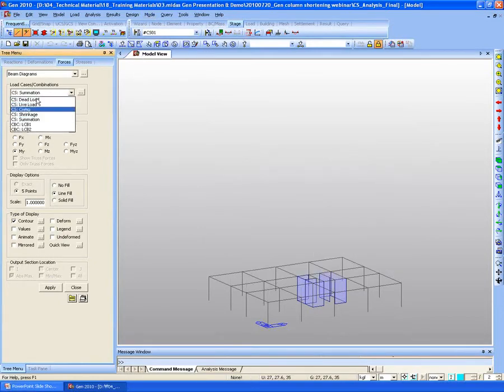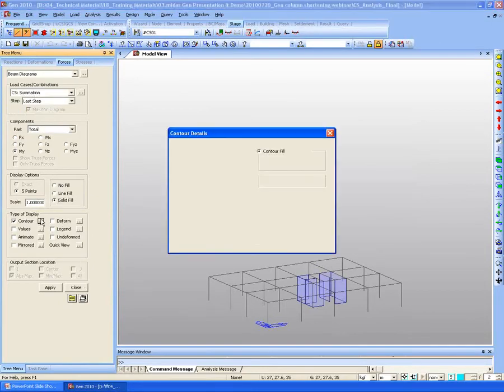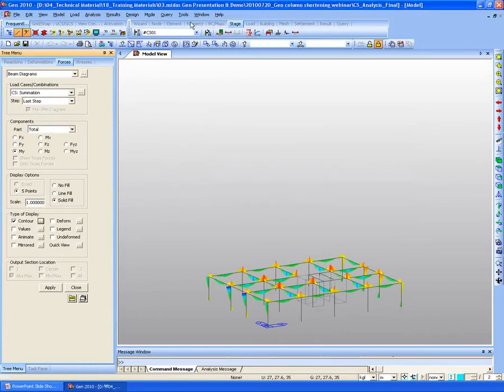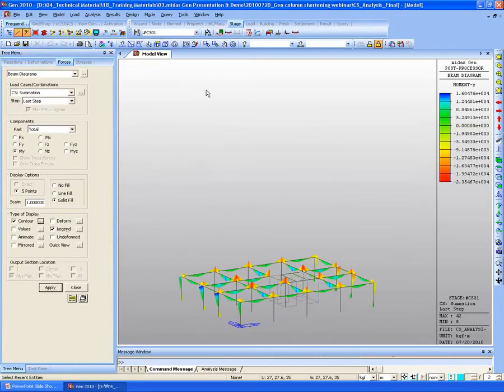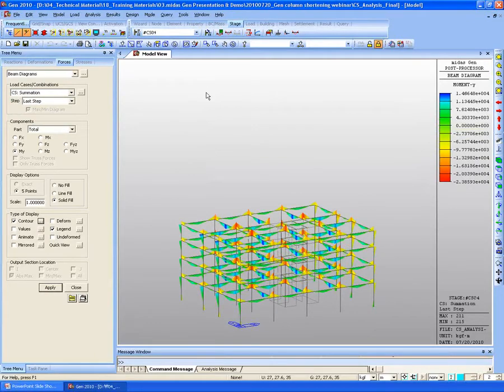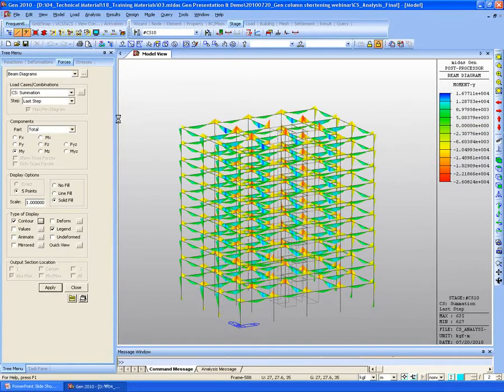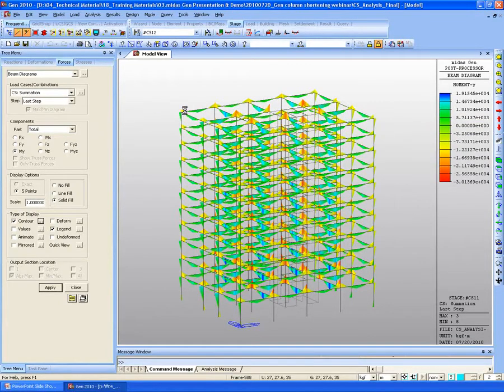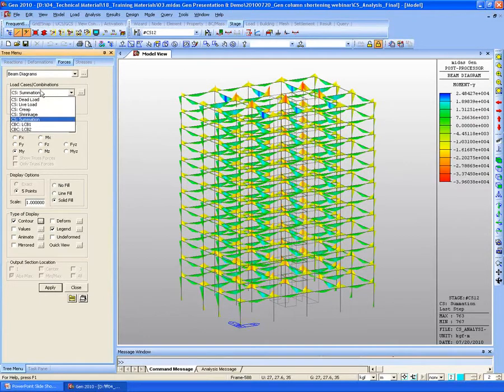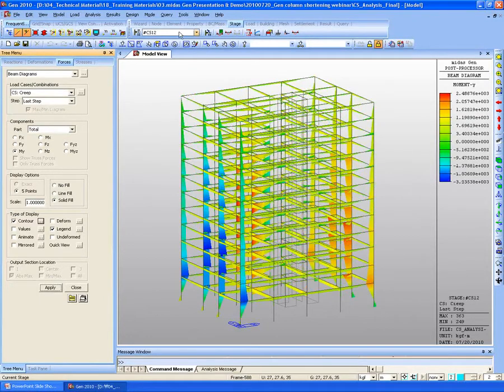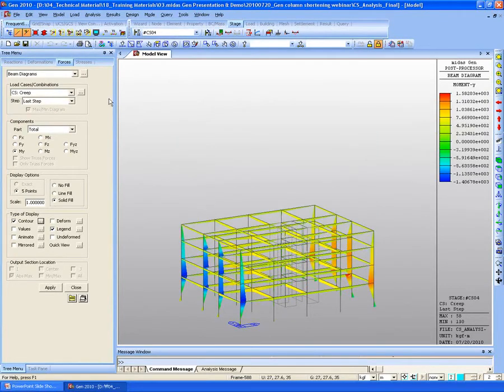If we want to check the summation with the changes of the stages, we can check those results. Also, we can check the creep and shrinkage effect separately as well for each different stage. For the shrinkage effect,